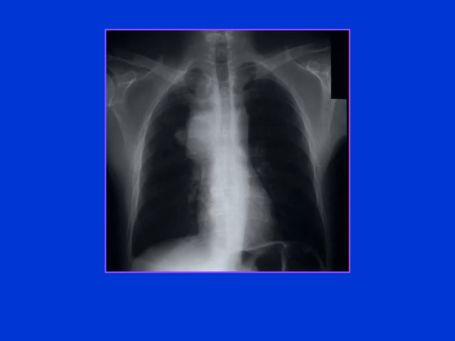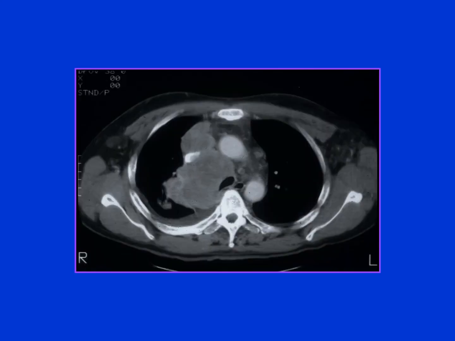This is your classic chest x-ray, which is somebody who has lung cancer. You can see that they're rail thin, they have lots of bulla, they have depressed diaphragm, and probably they have increased AP diameter, and they have a mass in the right side of their chest. This is a CT scan that shows a big mass causing obstruction of the venous structures.